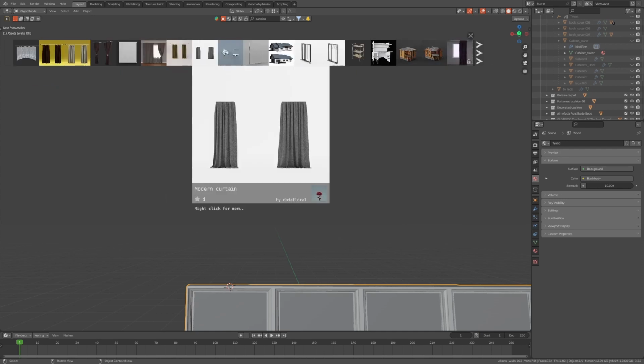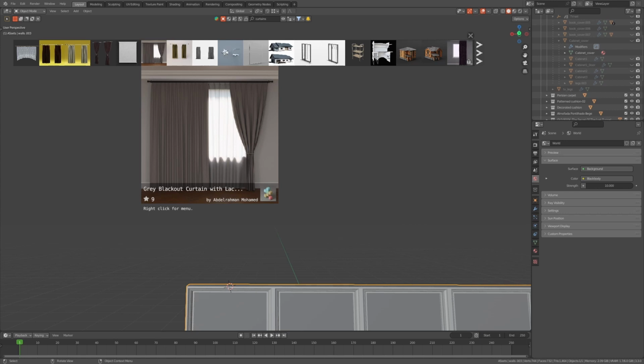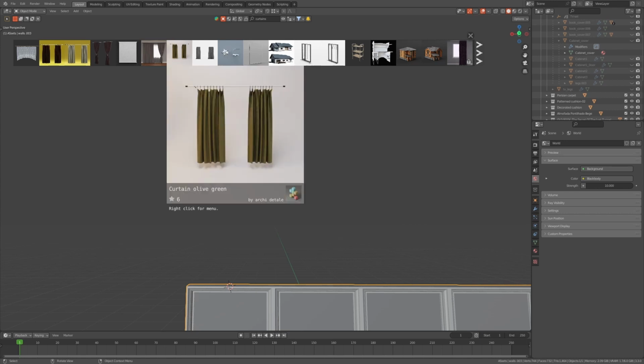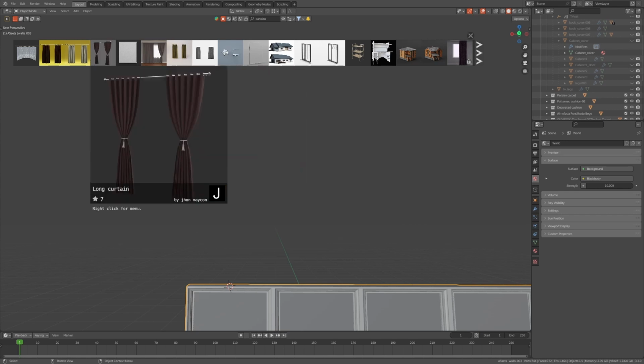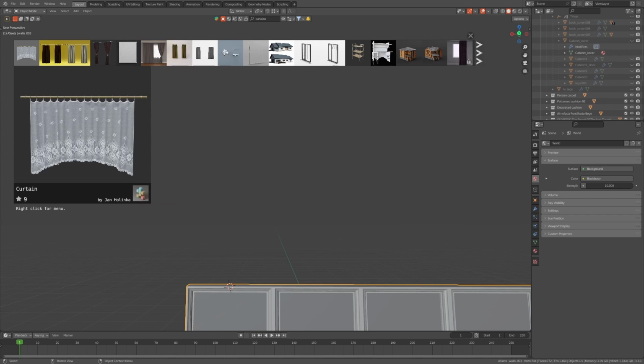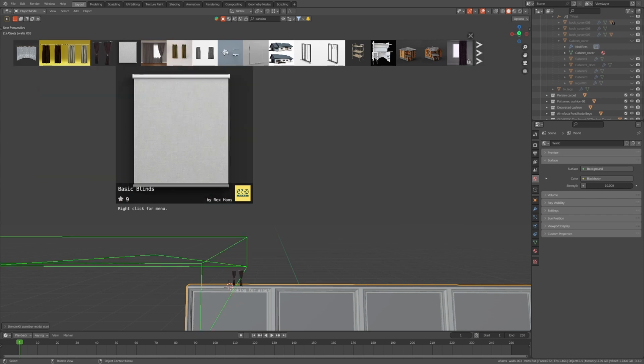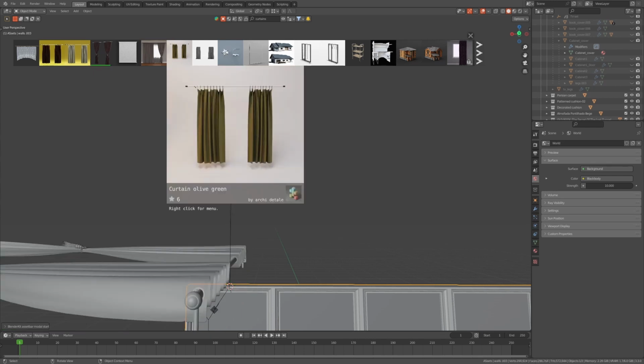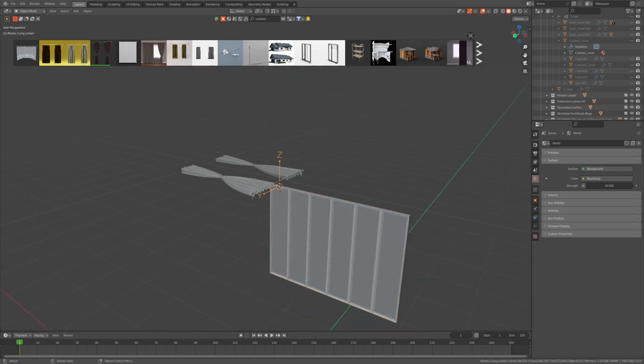But as you can see, there are not many options. Let's try. These ones are fine. These ones are also pretty good. Let's go with this one, and we can tweak the material, or we can always use these ones. I definitely like these ones actually, because they are very simple, clean. So let's okay,